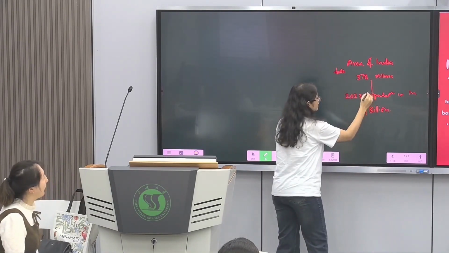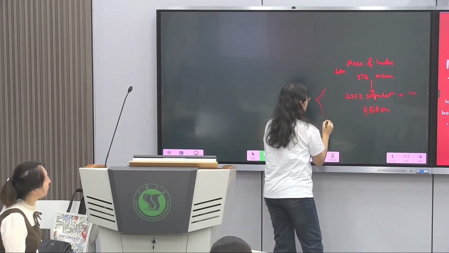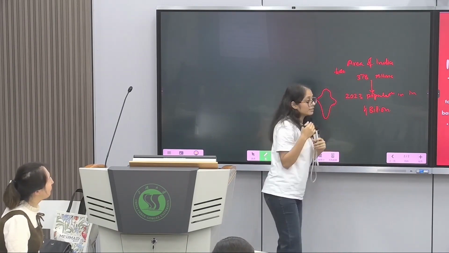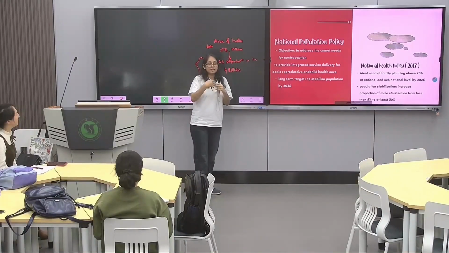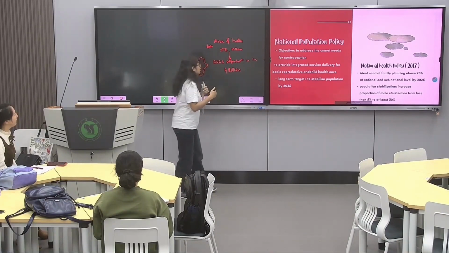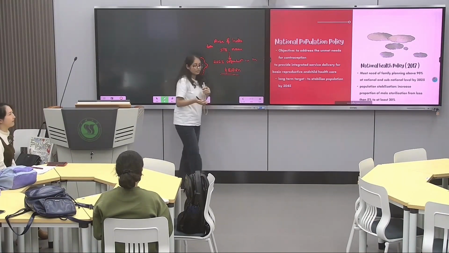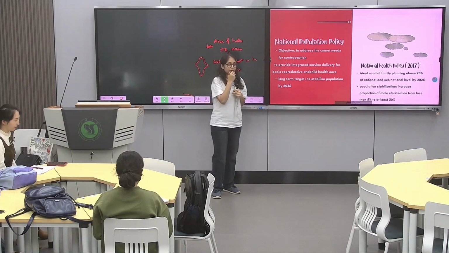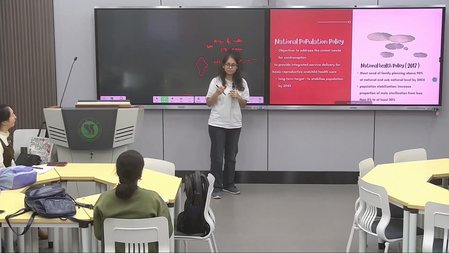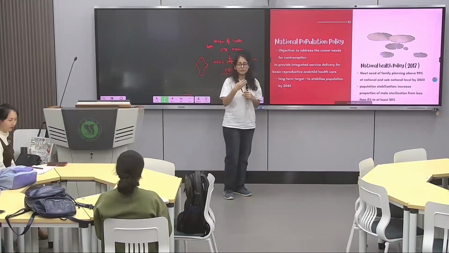So you can see that if there is a large population, they will need more resources, they will need more area to live, and if we do not control the population, then the resources will be decreasing. And the next thing is sustainable development. Does anyone know what sustainable development is? Yeah, correct. So that our future generations can utilize it.